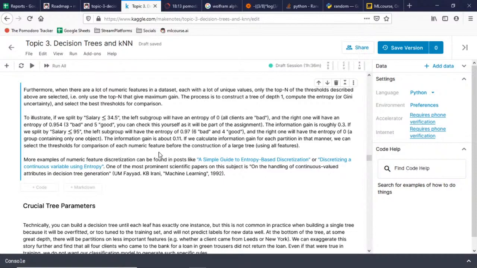So we have S0, the initial entropy. Okay, so this is a constant. So if information gain is high, so